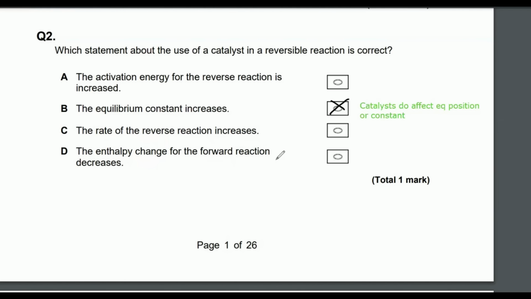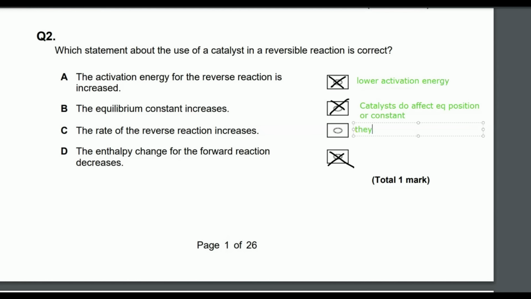The forward reaction and the backwards reaction increase, and the activation energy lowers. The enthalpy change for the forward reaction decreases. Catalysts don't decrease the rate of reaction, and the activation energy is increased. They don't increase activation energy, they always lower activation energy, don't they? So it's definitely C. The rate of the reverse reaction increases, but also the rate of the forward reaction increases,